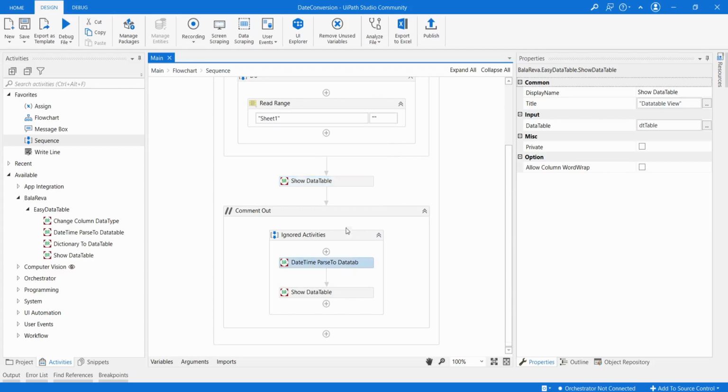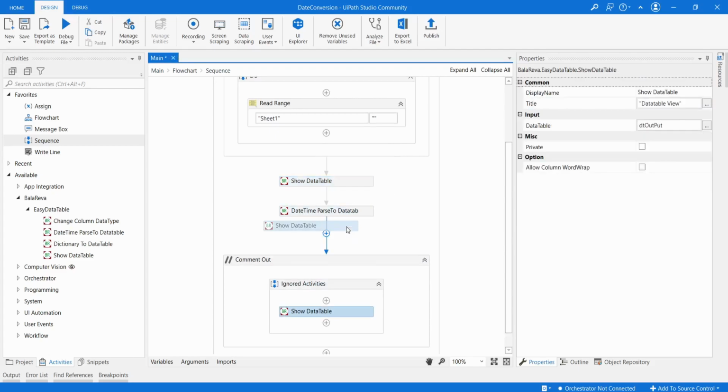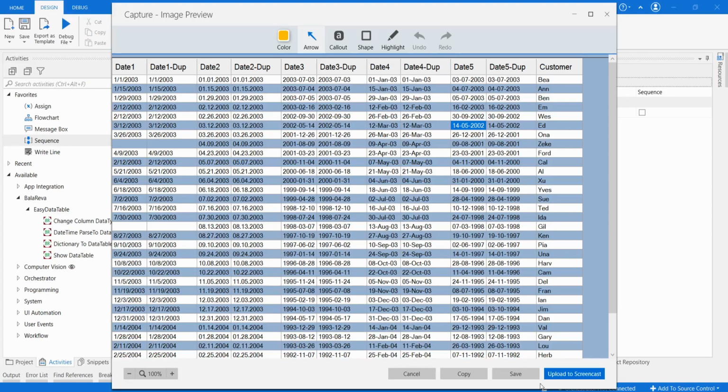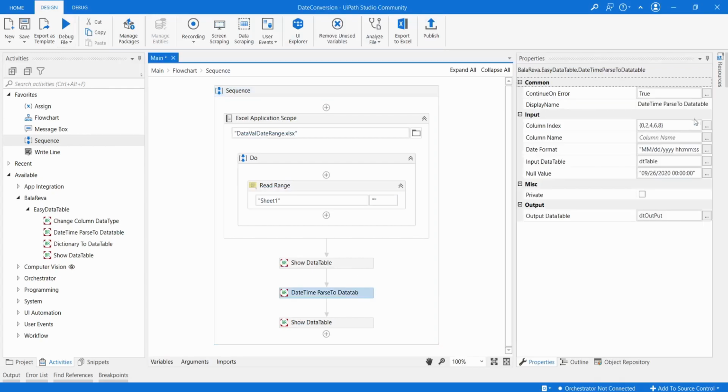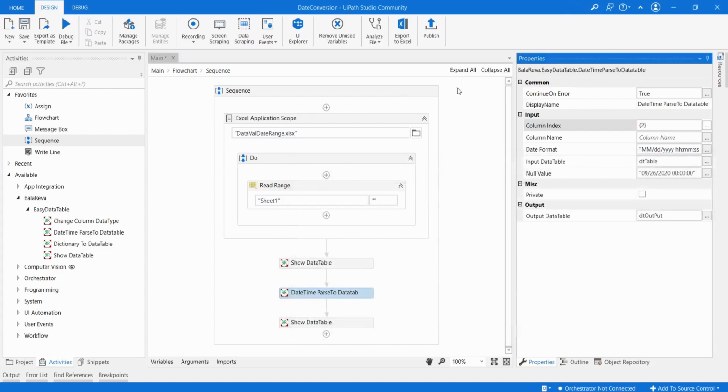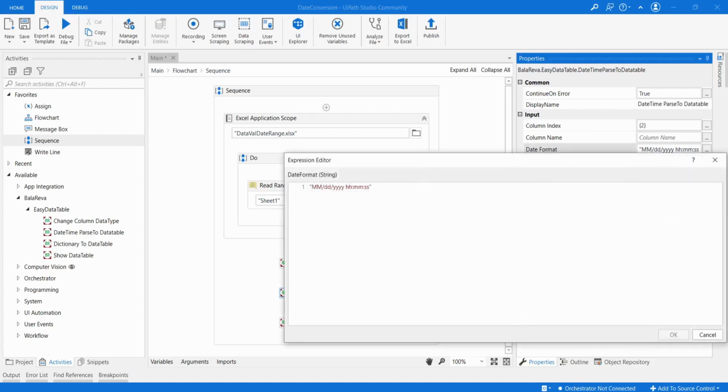Okay, so what we are going to give here: show data table, and we are going to use the same, and the second column is 0 1 2. Okay, and here we are going to specify only 2 because each column is having different values. I'm going to give 2. Okay, and the format is different.